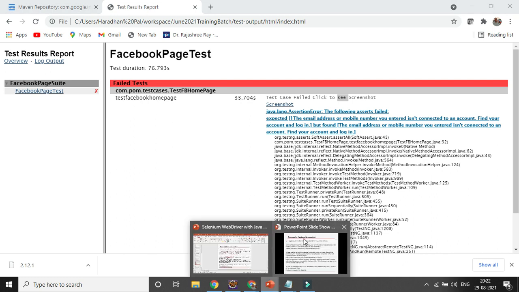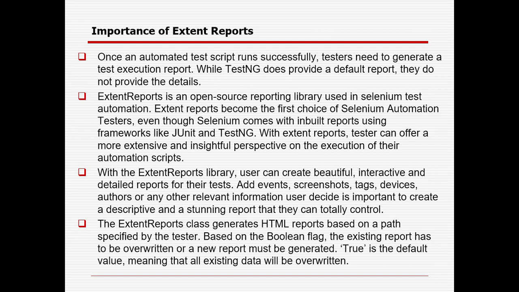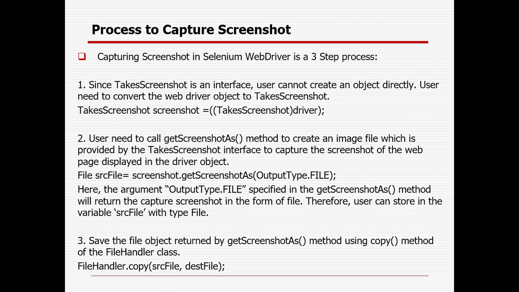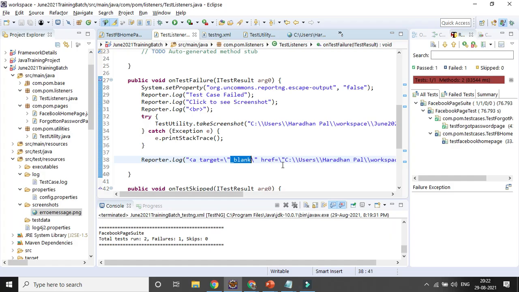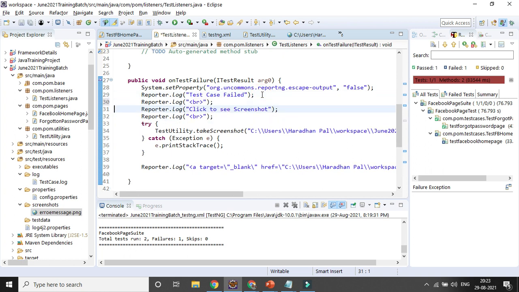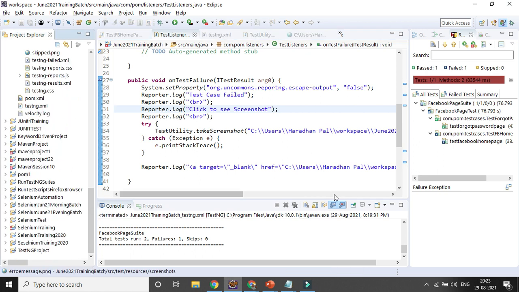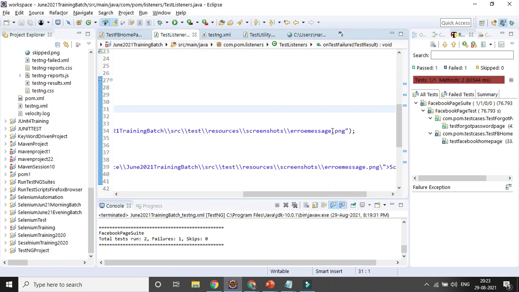Any questions so far? Now try to add one more line break here so that it will be added on the next line. Now I can change the screenshot folder name to error message 1, and here also error message 1, so that a new folder will be created.